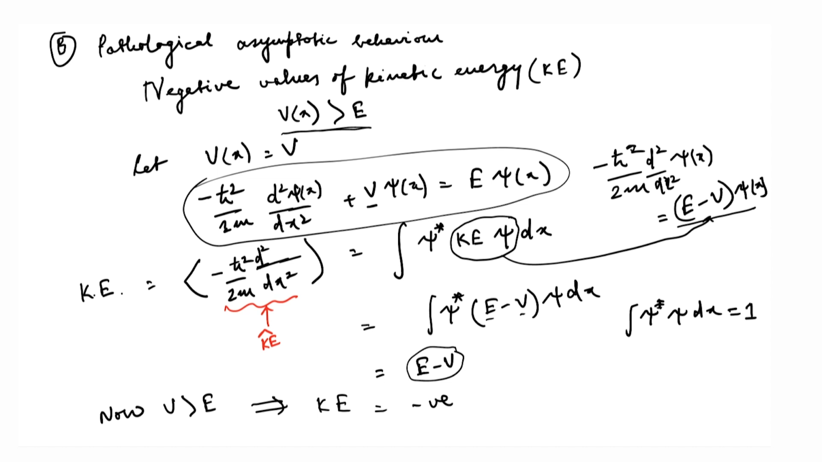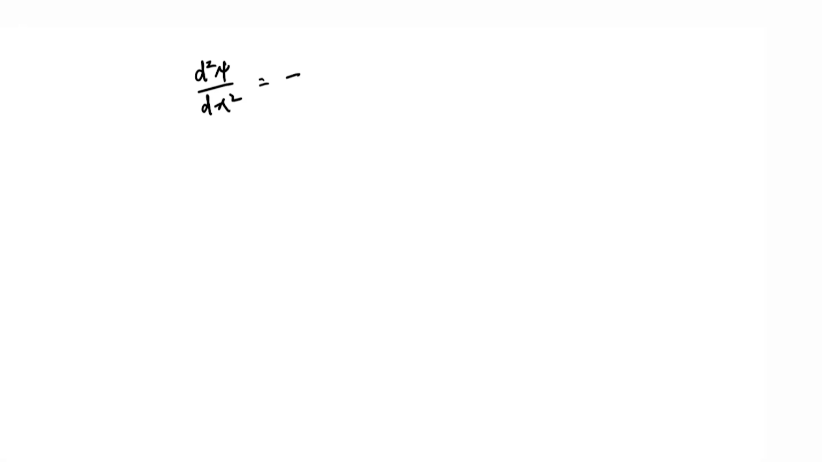So, what I am doing here is I am taking this term on this side, and then this term also on the right hand side, and then rewriting the equation again. So, what I will get is minus twice m by h cut square (E minus V) psi x. Okay. Now, if I look at this carefully, this term in the bracket, E minus V,